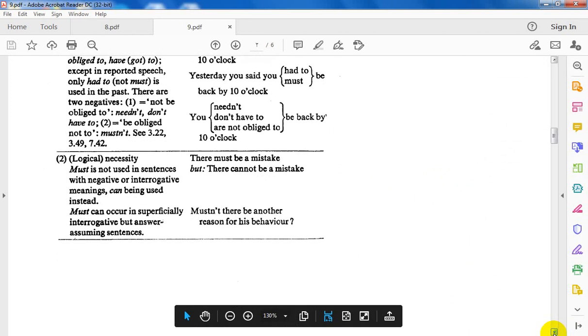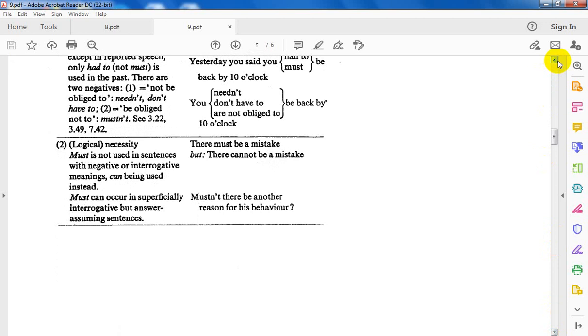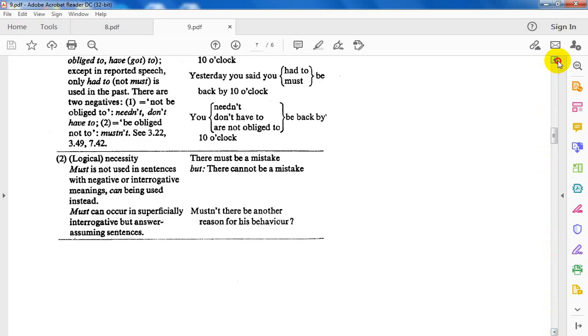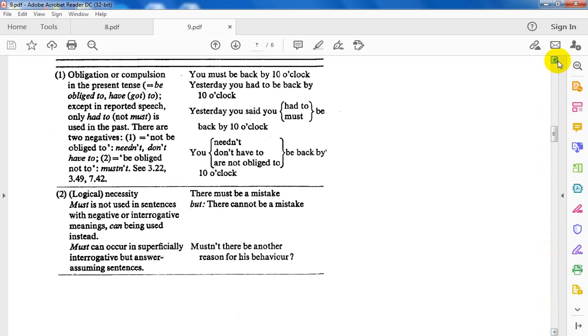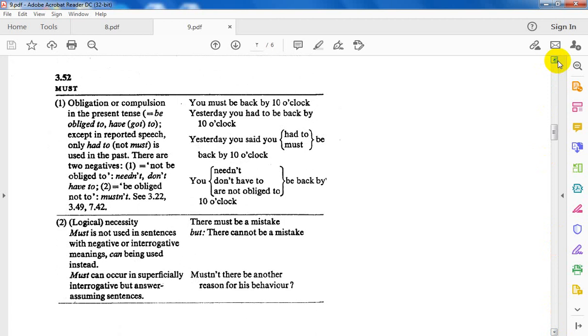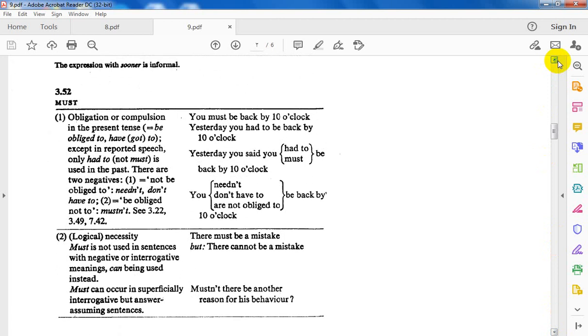Of course, in reported speech I should change all the present forms to be what? To be past form. So how am I going to change the case of must? Look at this one. See, except in reported speech, it is obligation or compulsion in the present tense. Be obliged to, have got to, except and have to or have got to. Except in reported speech, only had